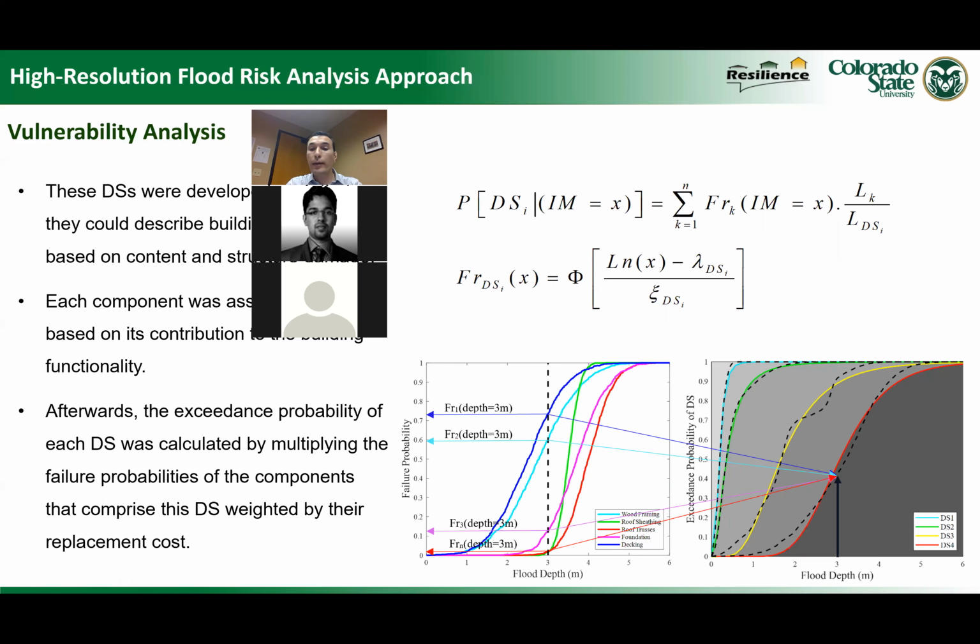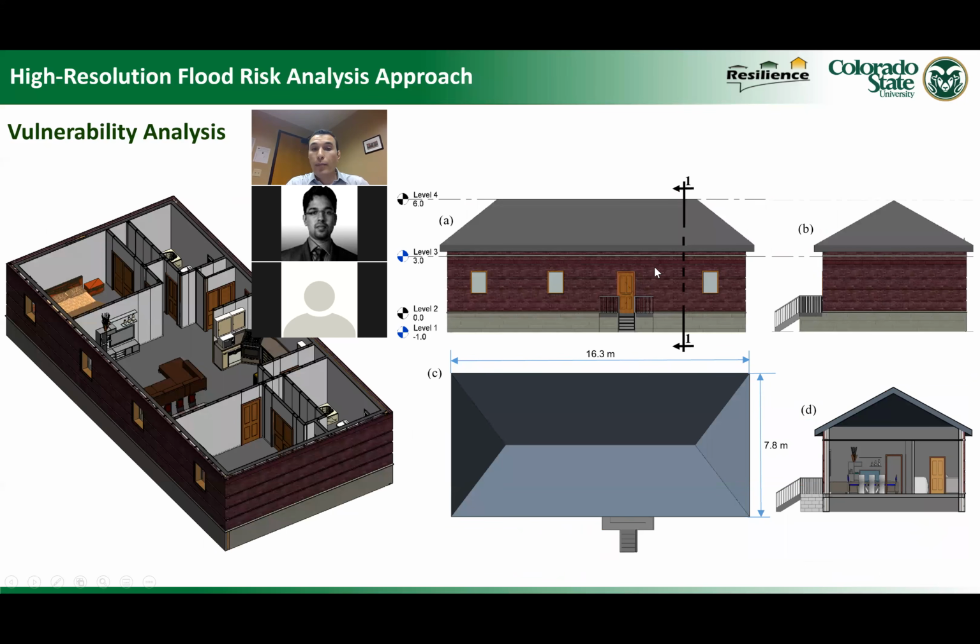Afterwards, to make our analysis fast and to be able to use them in many platforms, we fitted this fragility using a log normal function. So the solid lines here are the log normal fitted fragility functions. And this is the equation of the log normal fitting. So we were able to get the log normal parameters, including the mean, the logarithmic mean and the logarithmic standard deviation. And we applied this method to the 15 building archetypes, and this is one of the example building